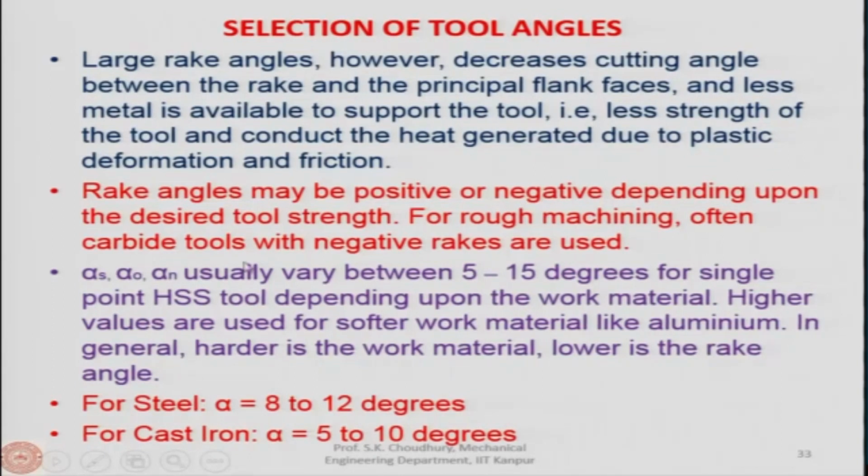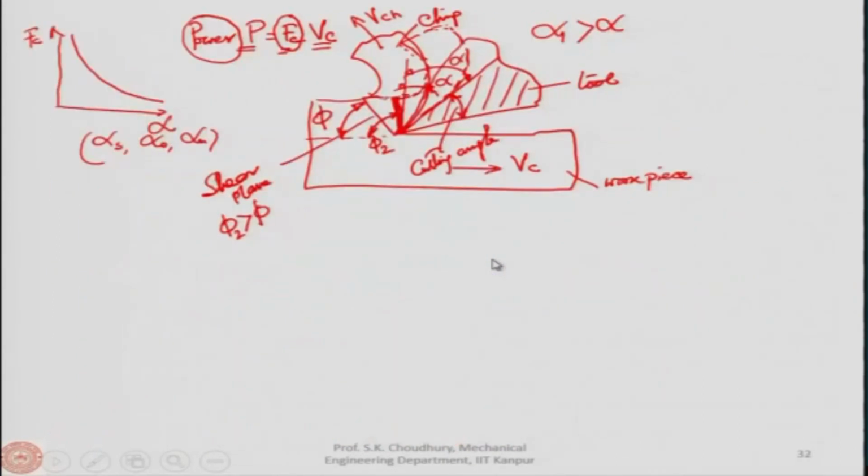For rough machining, often carbide tools with negative rakes are used. So, when we discussed the carbides in the material, I told you that that material is used for making the tool, but those carbides are very brittle. Okay. So, when carbide tools with negative rake angle are used, the tool becomes fatter. So, what is said here is that the tool may be like this. Let us say this is a turning tool, it may be like this, it may be like this, I mean to say the shape of the tool, okay, or it may be like this,